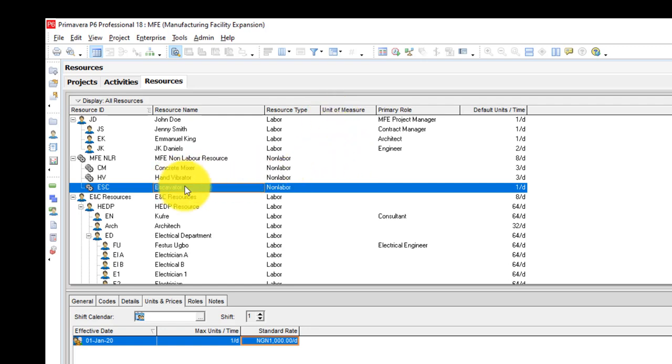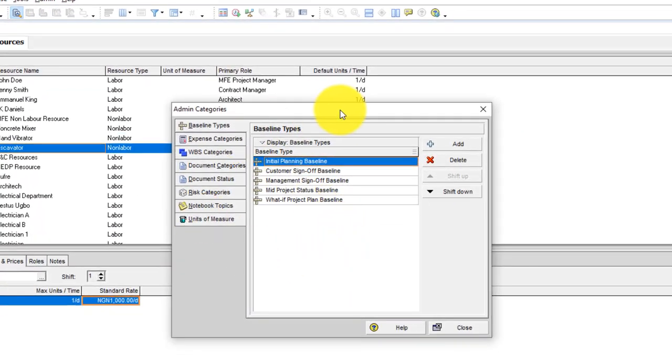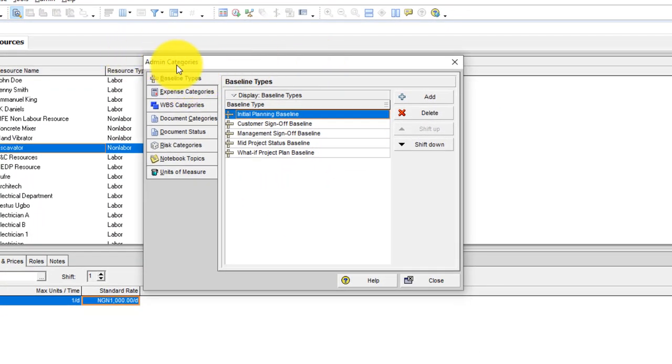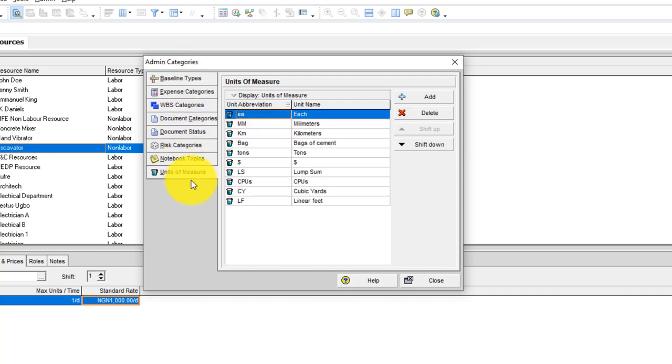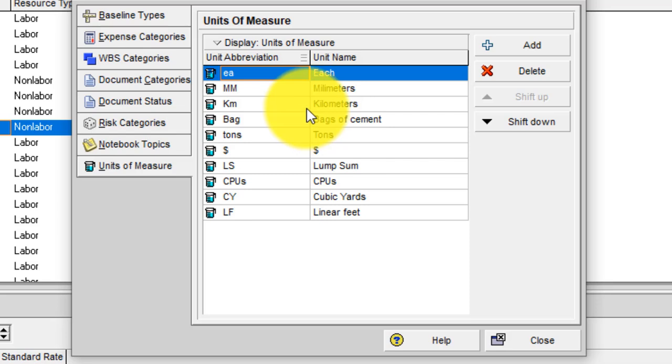So for us to be able to determine whether we have the sufficient unit of measure or we need to create more, we simply click on admin and then click on admin categories. So when you click on admin categories, the admin categories window pops up. Then click on unit of measure. So under the unit of measure, you're going to see the various parameters or unit of measure that is there by default. Notice that in case you do not have your own unit of measure clearly stated there, you can